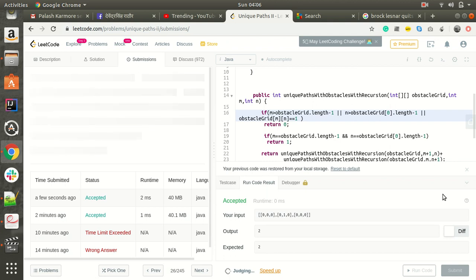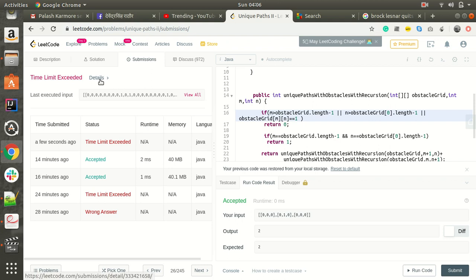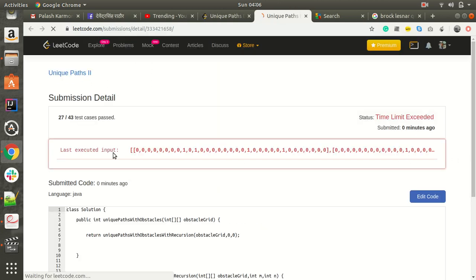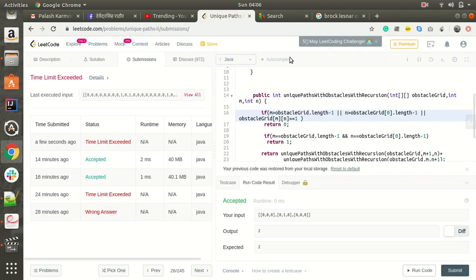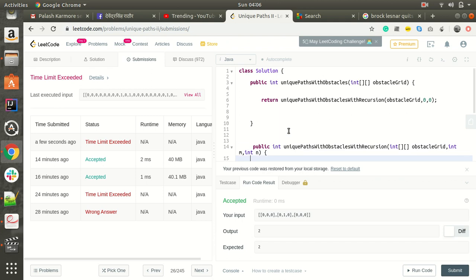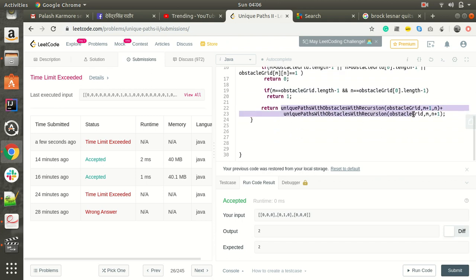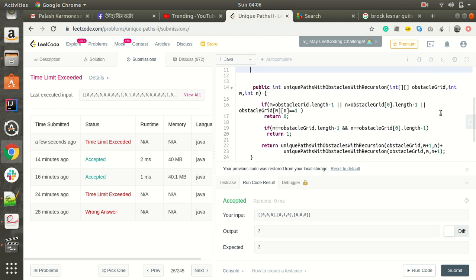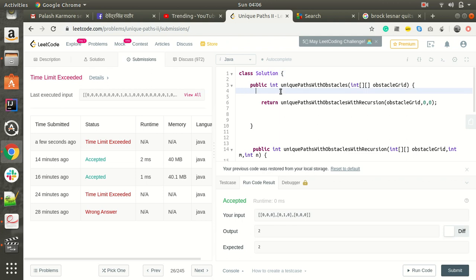Normally LeetCode has checks so that you can improve the execution speed. Let's see, from the 43 test cases, 27 test cases passed and the rest of them failed because of the time limit exceeded problem. So what we can do is create an array and store all the possible calculations of this type in it with the index m plus n and n and m n plus 1. So if we store like that, suppose I have created an array, we'll create a multi-dimensional array.